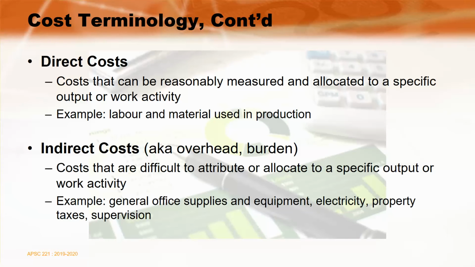The property taxes, for example, for the entire facility, we might proportion those based on the square meters of the building that does the paint versus the square meters of the building that does the urethane. Maybe one's much larger than the other, so we would allocate costs based on the volume or size of the building. So there's many different ways we can categorize costs